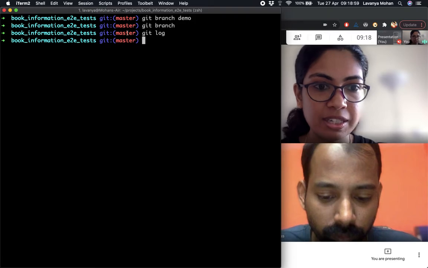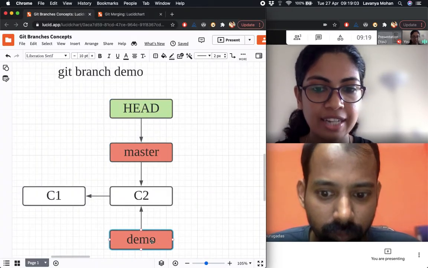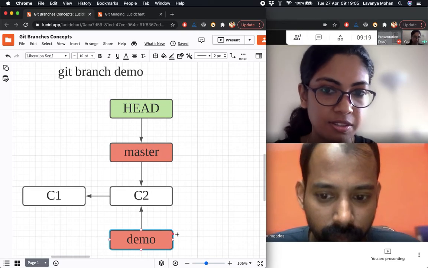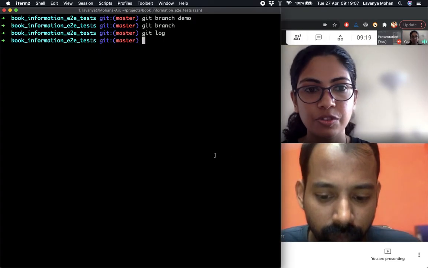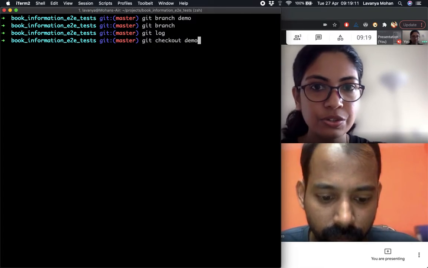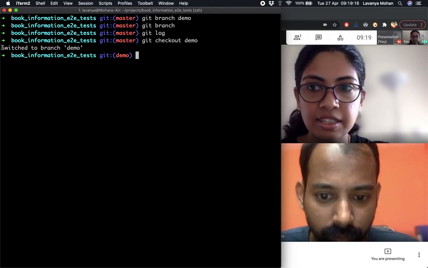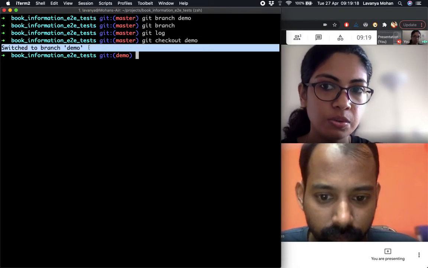So what that means is now I want this head to point to the demo branch so that I can work on the demo branch, not on master. For that, the command is git checkout, so git checkout branch name. And when we do that, git says we've switched to the demo branch.